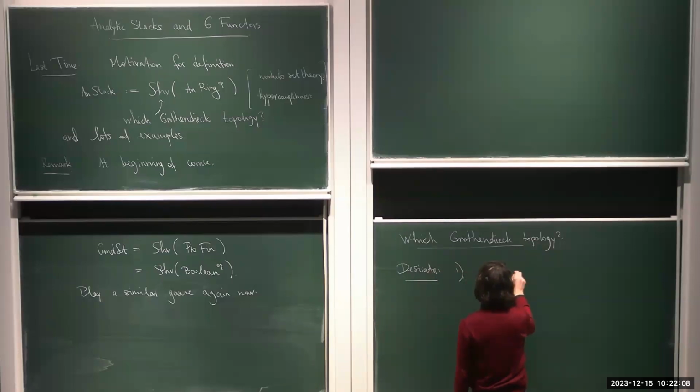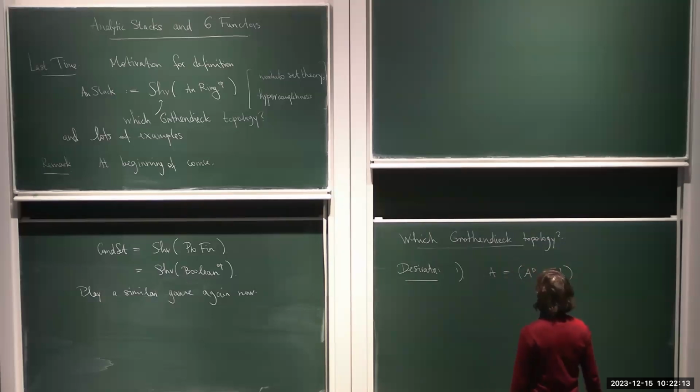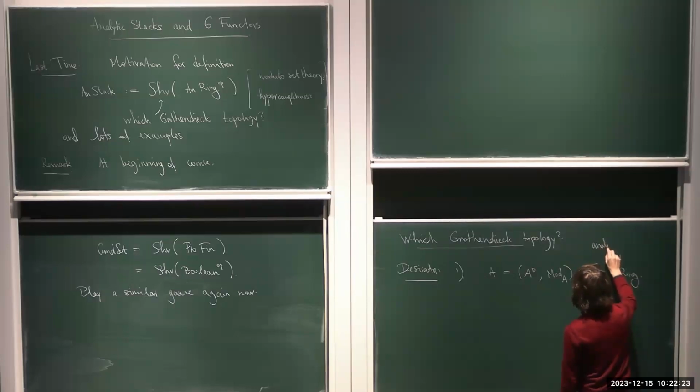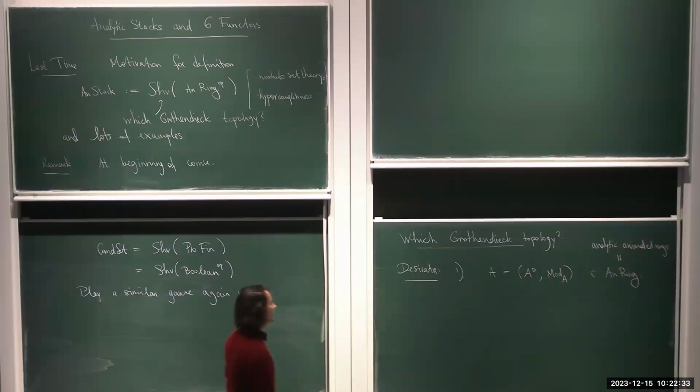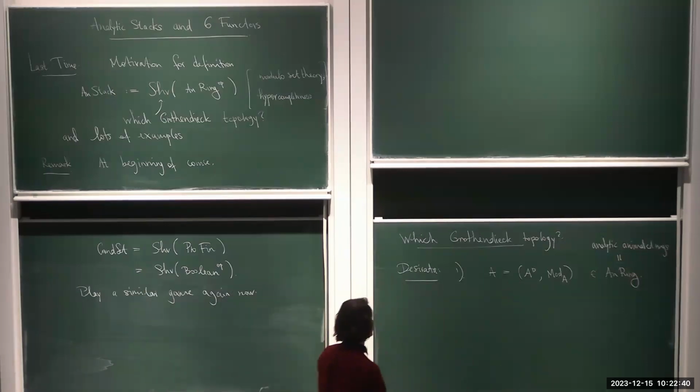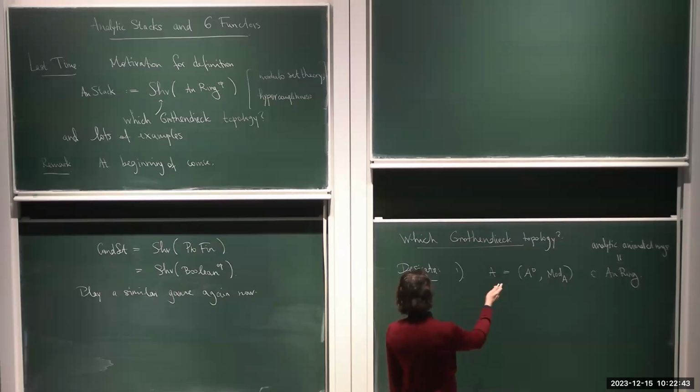So if you have a triangle mod A, an analytic ring, and let me just stress that by this I really mean analytic animated rings. Again, in most practical examples I will not have this animated structure, but the general formalism works much better if you allow these things in your formalism. So whenever you have such a thing,